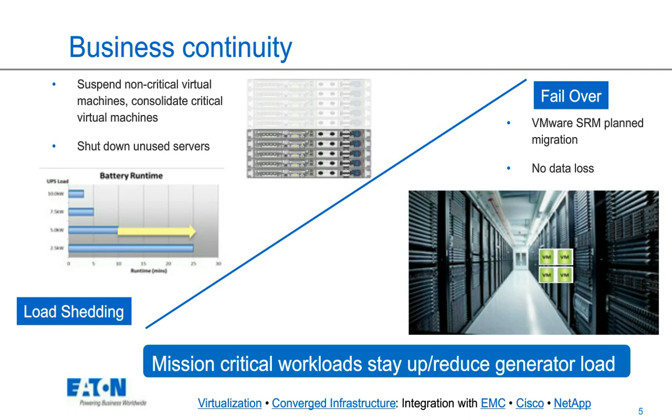And our third feature of business continuity is power capping. It's not on the slide, but it's very simple. When there's a power outage, we send a command to a server to throttle back. So if the server is running at 500 watts initially, and you get a power outage, we can throttle that back to maybe 250 or 300 watts. Therefore, you save battery capacity, or if you're running on a generator, you lose less of the generator. It's not running as hard.